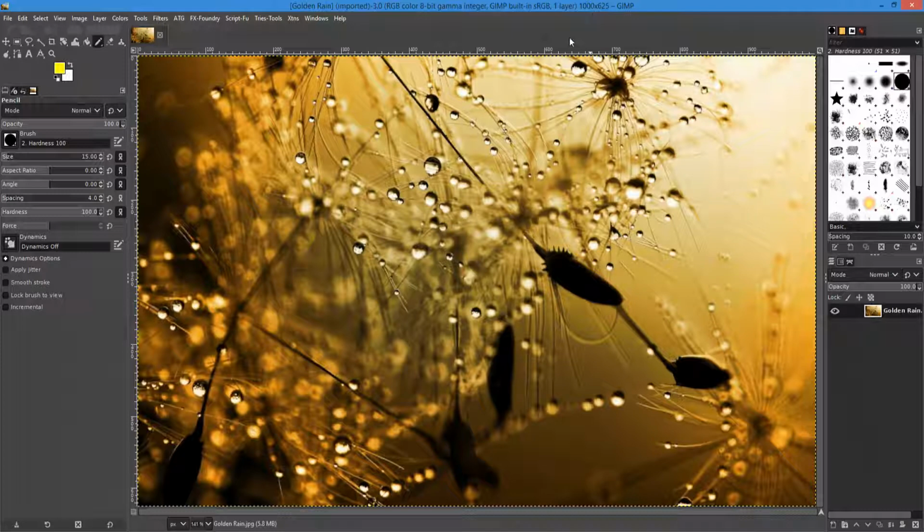If I were to bring my cursor down to the bottom left, you'll see a number, and in this case it's 61,585. That is the X and Y coordinates of my cursor currently on this photograph, expressed in pixels from the left and pixels from the top. Meaning right now my cursor is 61 pixels from the left edge of the image and 586 pixels from the